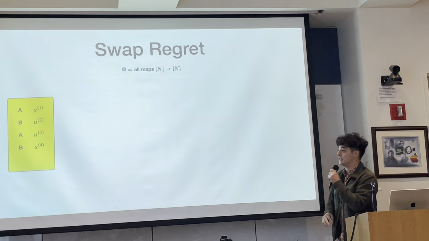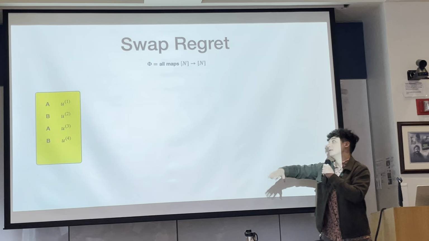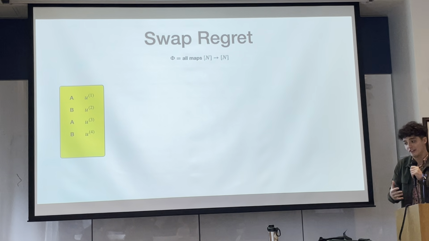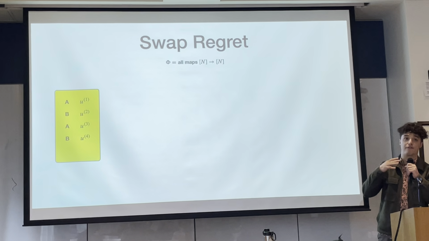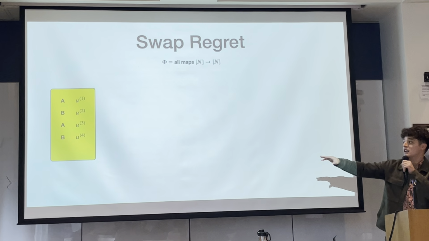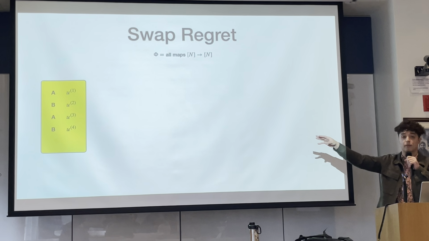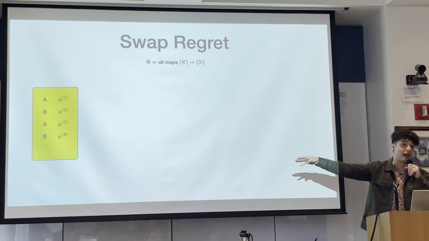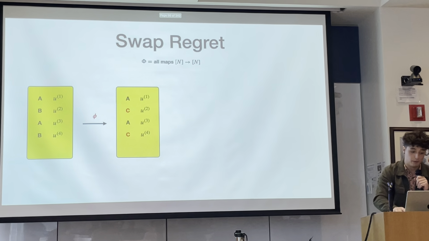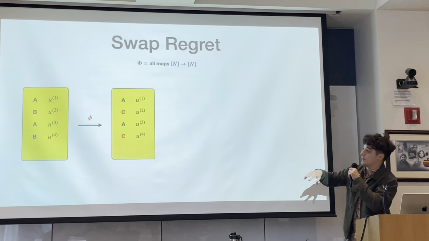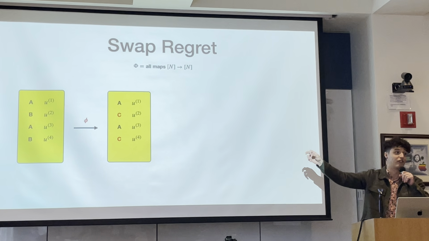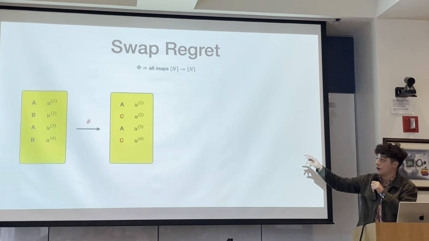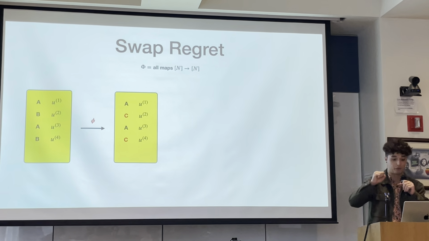Let's say we did some sort of online learning task. We played some action A some rounds, we played some action B some rounds. And let's say that maybe we're actually pretty happy with our performance on those rounds where we played action A. We actually got a good amount of reward on those rounds. But there's these rounds where we played some action B where we're actually not happy. We lost out on a lot of reward. And we would have actually been much happier if the rounds where we played action B, we had instead played some sort of action C, okay?